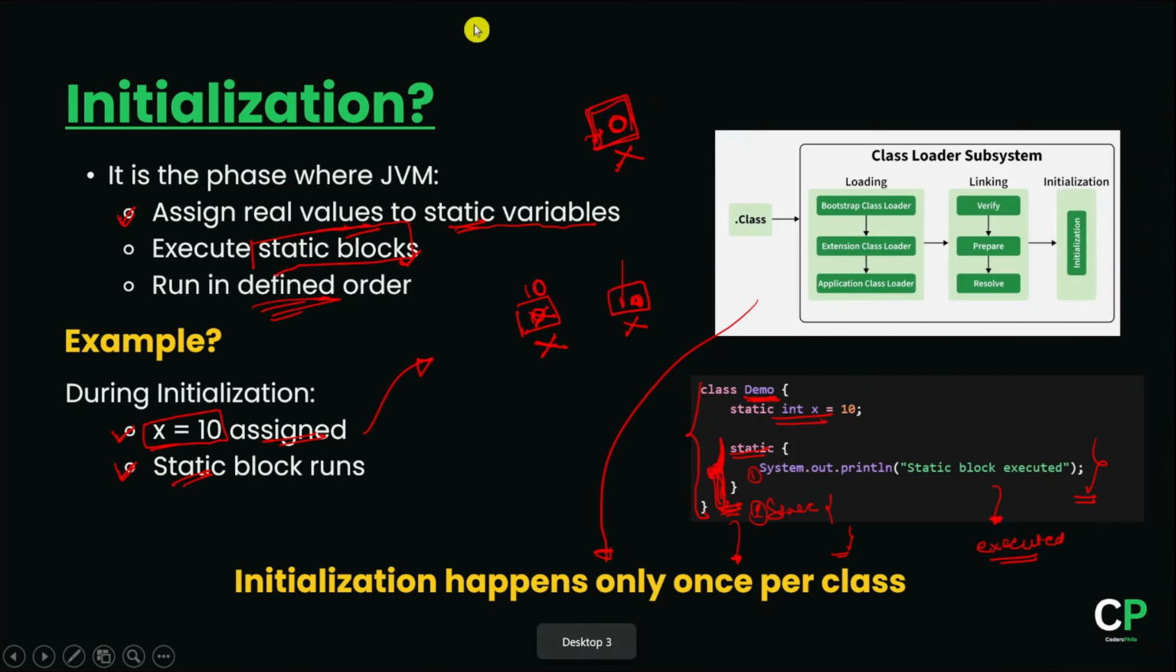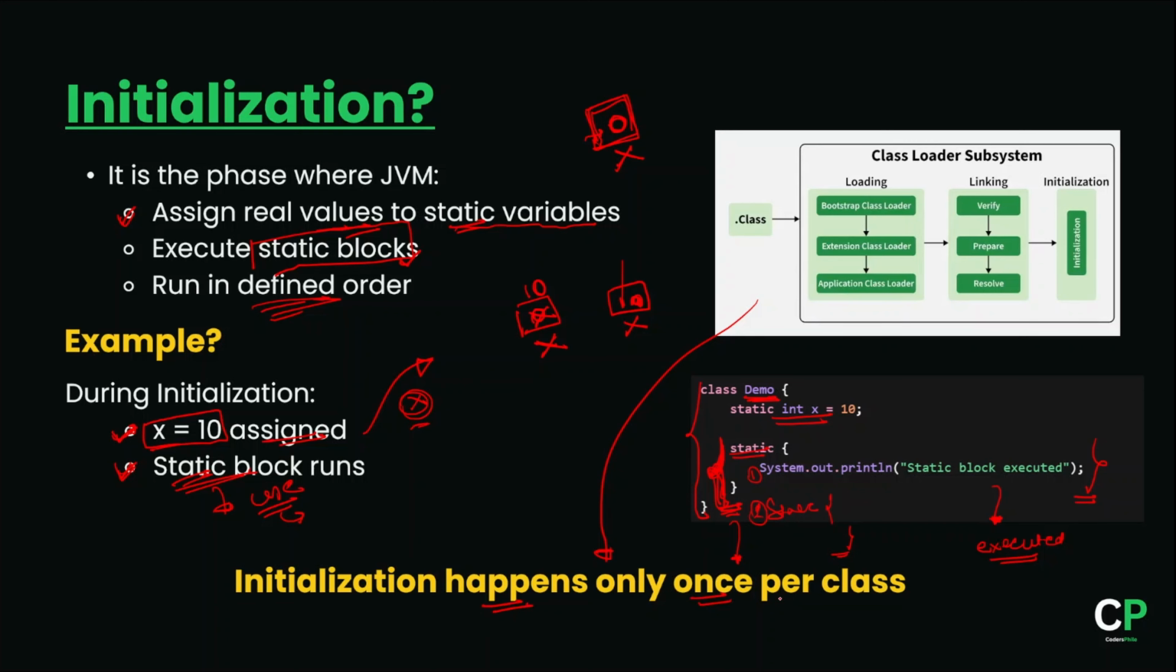So what happened in the preparation phase? In the preparation phase, the value is assigned to the static variable and the static block is executed. So what is the use of the static block? Basically, the static block is used for one-time configuration of the class. If you want to configure the class before loading it, then this static block is used, and this initialization